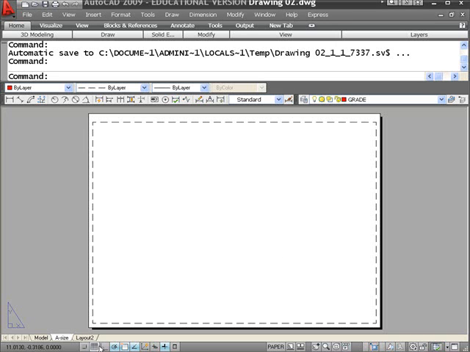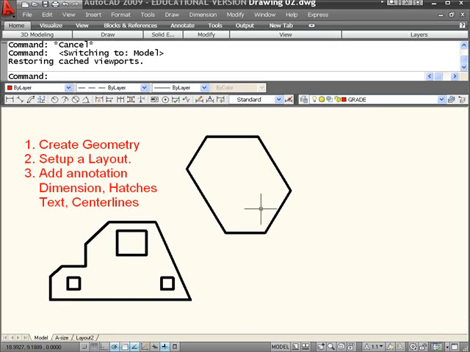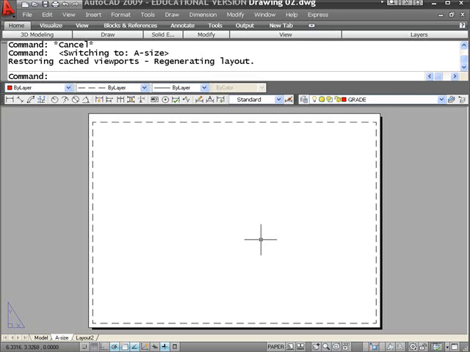So what I started with in the first one was a model. The model looks like that. I created the geometry and went over and just set up for the layout. Now we're going to add annotation after we set up the layout. In A-size, we're ready to set up the layout, and the first thing I want to do is to put